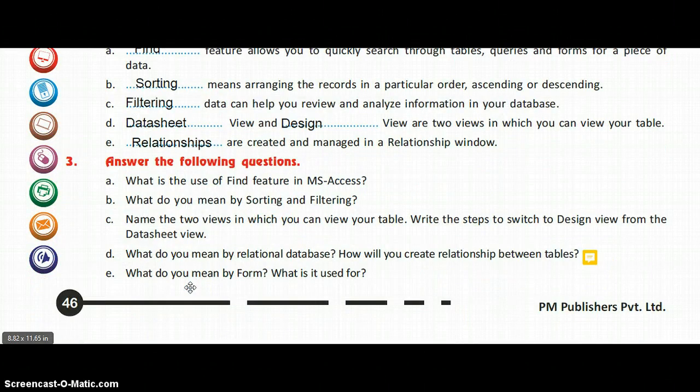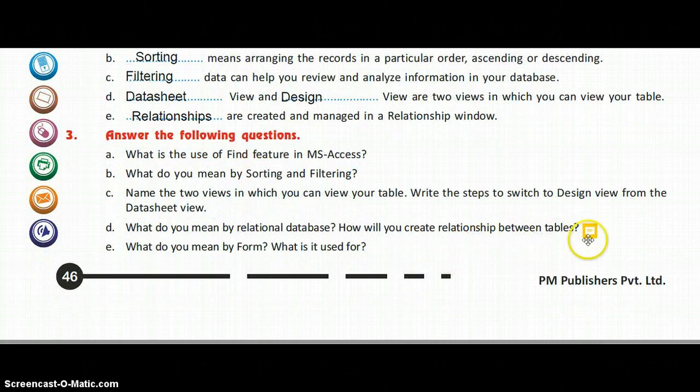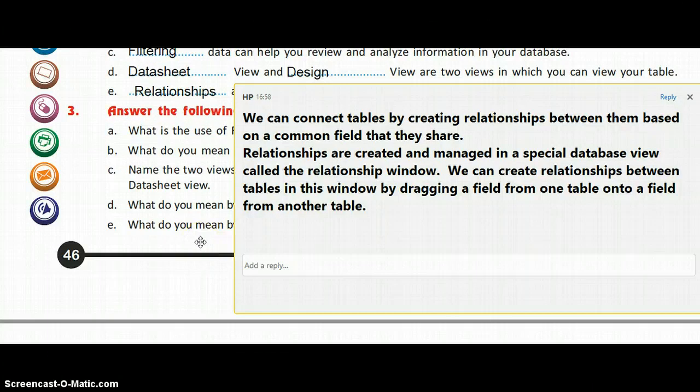Now students, the next question is what do you mean by relational database and how will you create relationship between tables? So the answer for this question is we can connect tables by creating relationships between them based on a common field that they share.